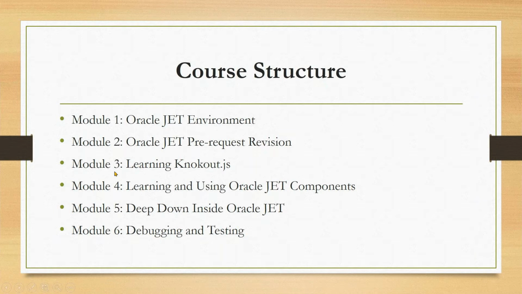Now coming to module 3. Oracle JET, how does it function? It does data binding. So Knockout.js is the JavaScript that we'll be utilizing a lot in order to bind the data to the components. For example, if we want to define charts, then with the help of data binding provided by Knockout.js, we'll be combining the whole data from the JavaScript, and we'll be displaying it in the different chart components that we'll utilize.